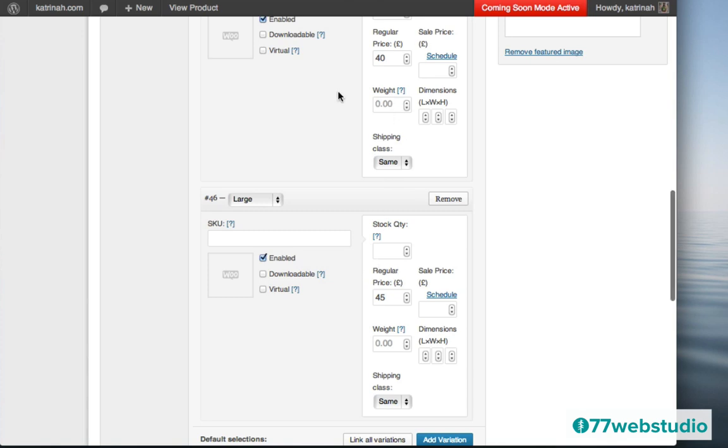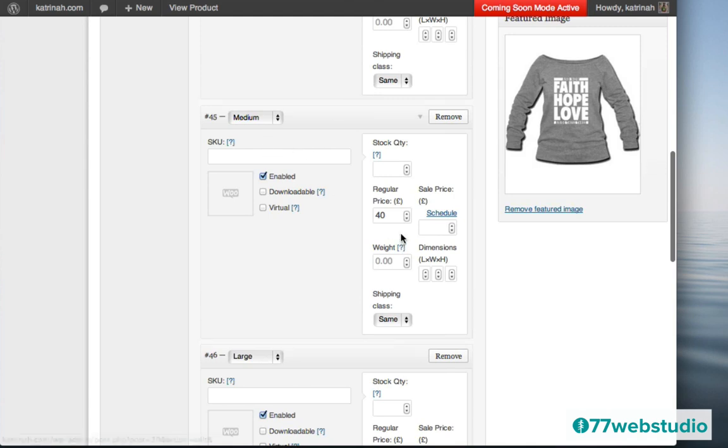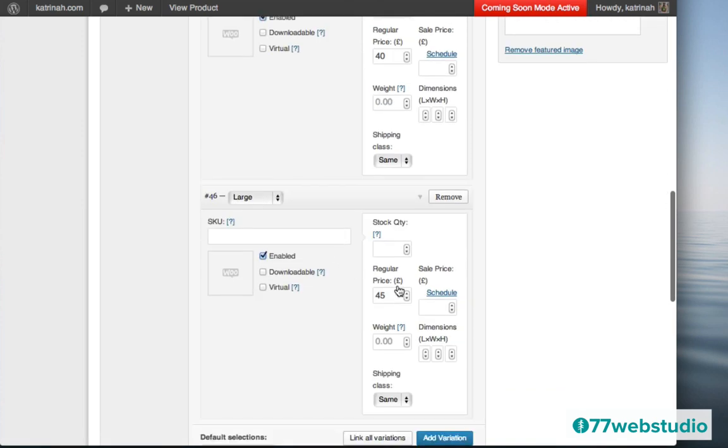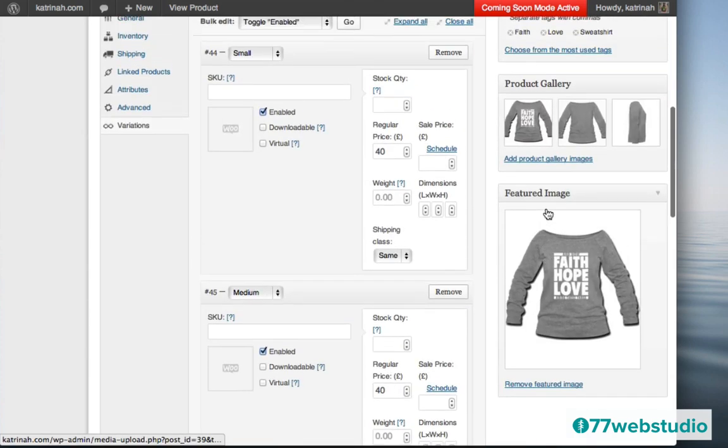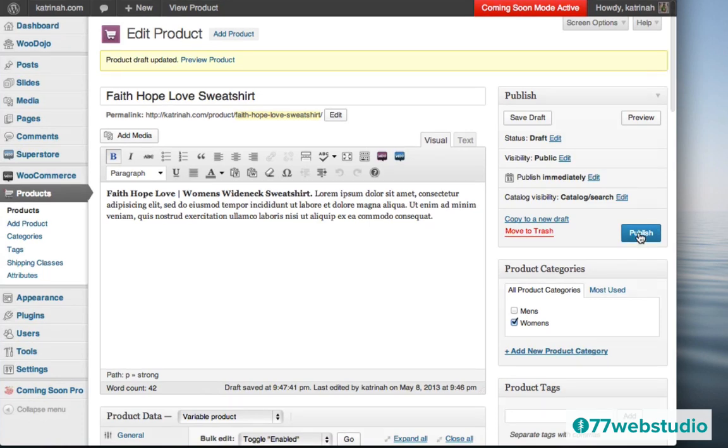So you notice that the medium size and the small size are $40. Actually, it says pounds. We'll take care of that in a moment. But anyway, it says 40, and then the large is going to be 45. So once you have your variation set up and your default selection selected right here, go ahead and go up to the top and click on Publish to publish this product.